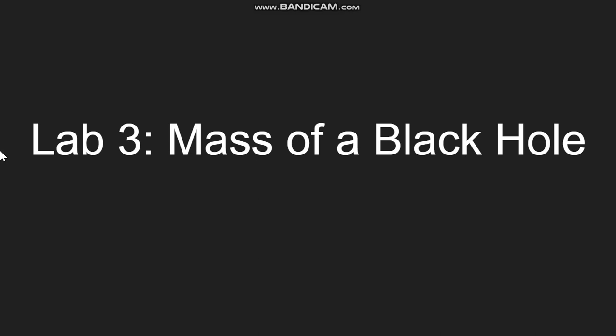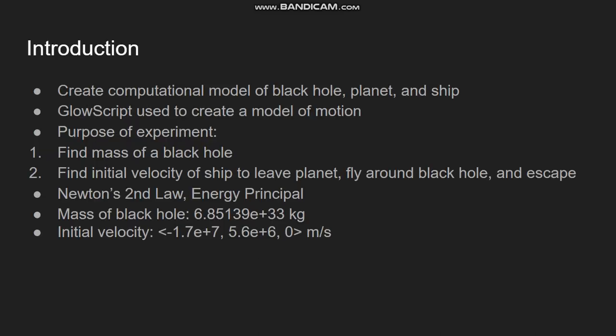Lab 3, Mass of a Black Hole. Introduction. In this experiment, two computational models were created in GlowScript. One was a planet orbiting an unknown mass, and the other involved a planet, black hole, and ship. The purpose of the first model was to find the mass of a black hole, and the purpose of the